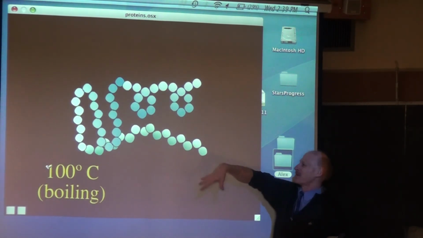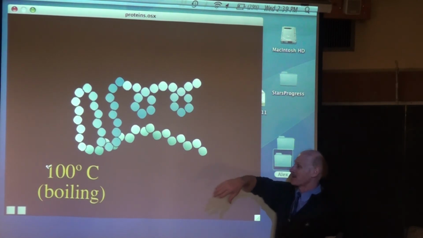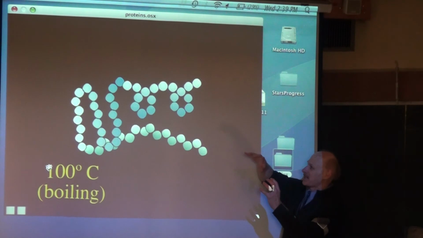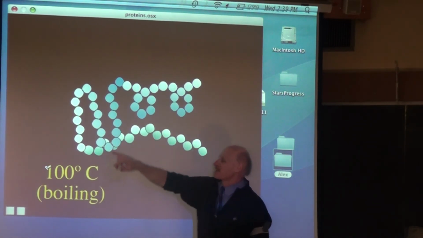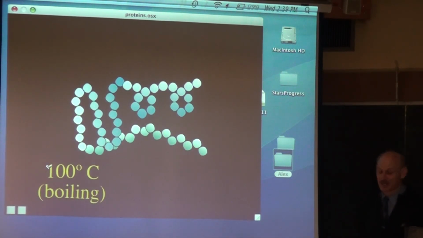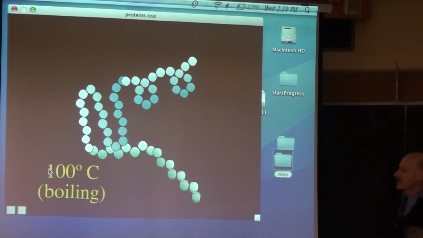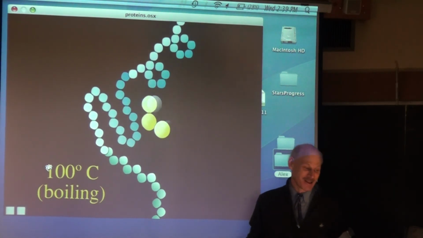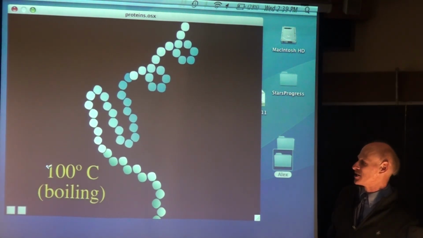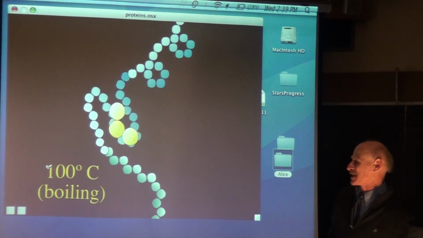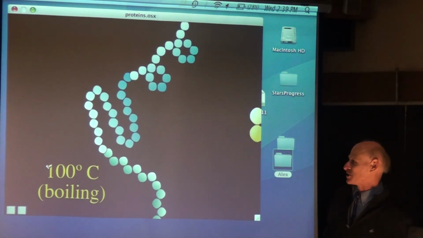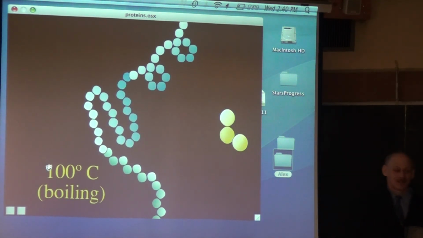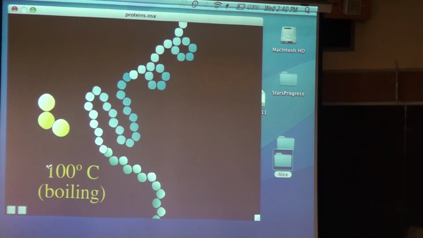You don't have to know that number, but that's how fast they would move at 100 degrees Celsius. And plus the enzyme itself has a lot of kinetic energy at that temperature, and so the hydrogen bonds that are keeping it folded would tend to be broken pretty easily. And anyway, it would unfold itself. Goodbye, active site. And that process is called denaturation, where you make a protein like an enzyme inactive because you've changed its shape, because you've unfolded it. And pretty much always